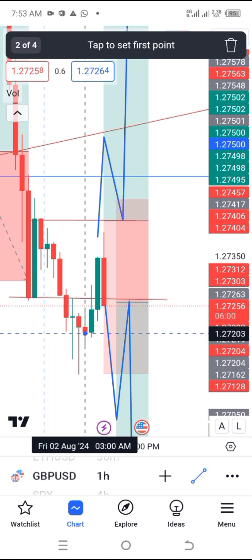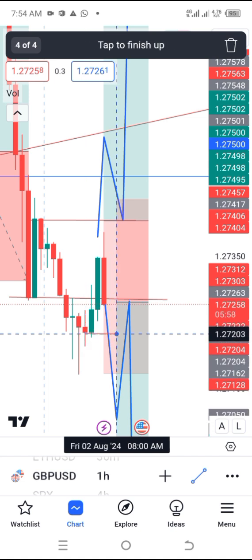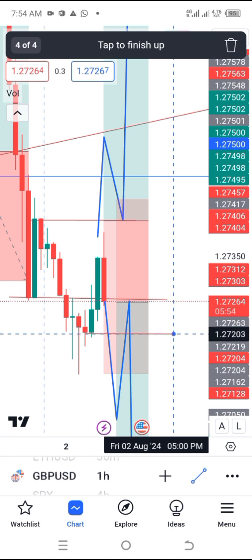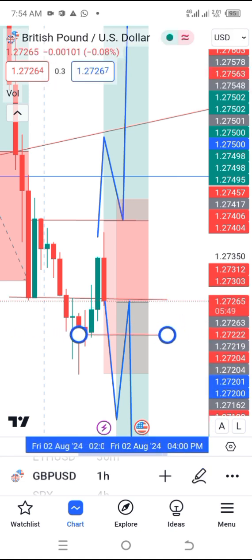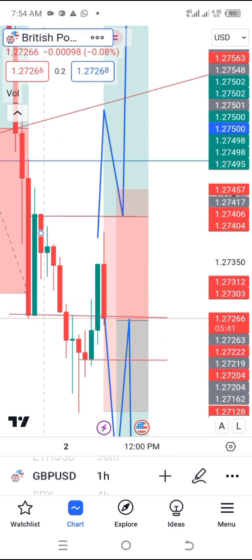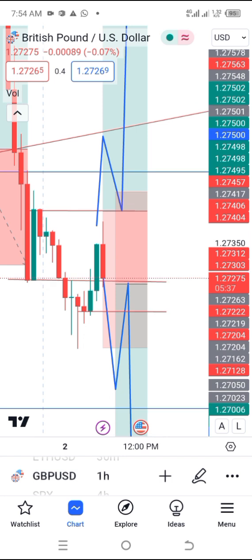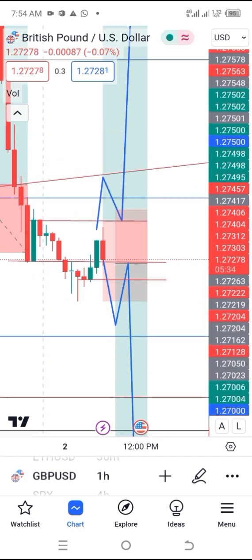This is the level price must break if it's to sell. Price must break this level if price wants to sell. But if rejected, we expect price to break above. But guys, I might not